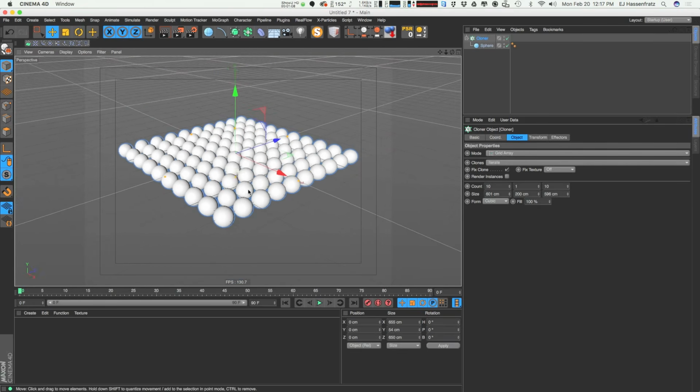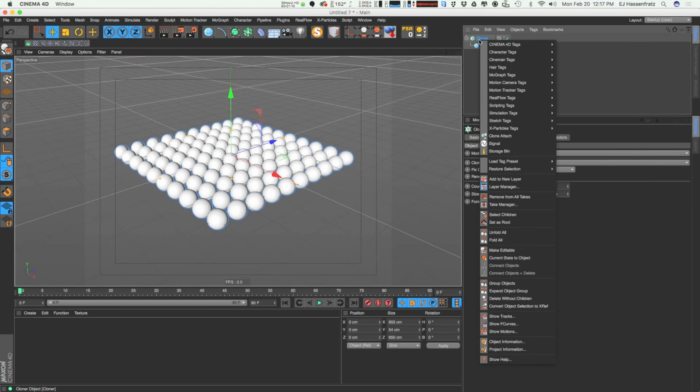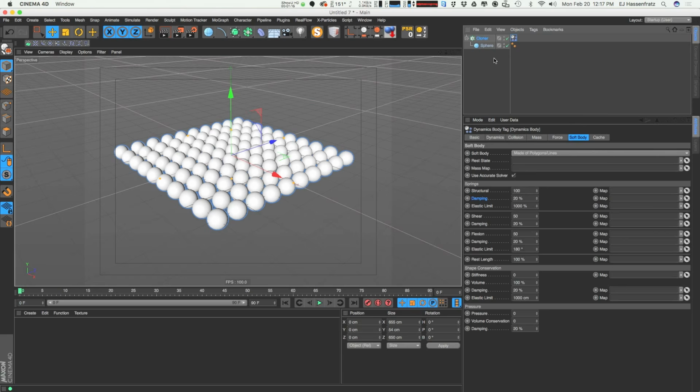All right. So what we're going to do now is apply a soft body dynamics tag to this cloner object. Now, typically in soft bodies, you normally don't even mess with clones. You typically just apply it to a sphere or something like that and turn it into more of a soft, pillowy, jello-like object, and that's via making the springs that basically make the soft body dynamics work made up of polygons